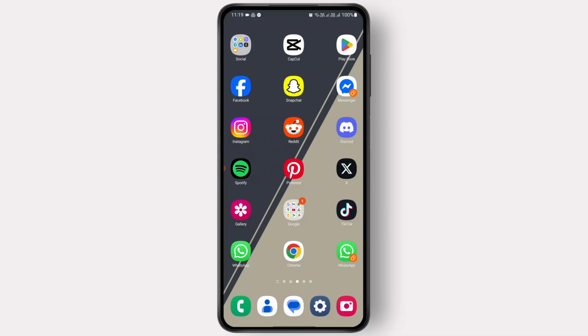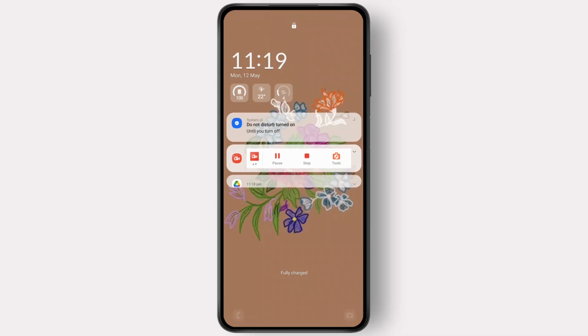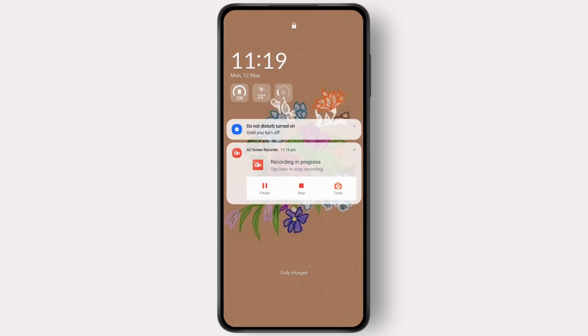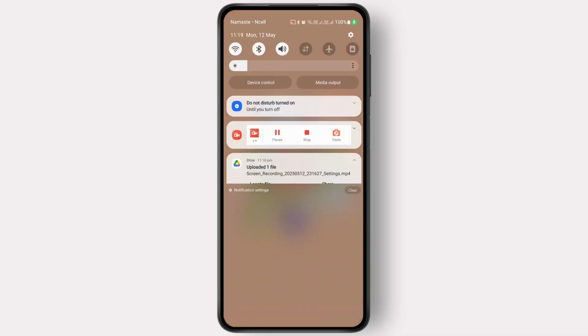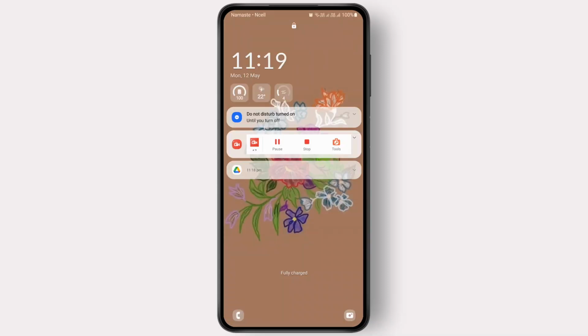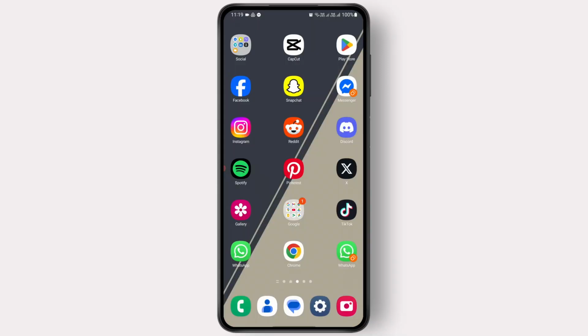So what I'm going to do now is show you guys the notification content from my lock screen. So let me just lock my phone real quick and then open it back again. So as you can see here, I can clearly see all of my notification contents from my lock screen. So if you want to turn this one off, what you can do is first open up your phone and